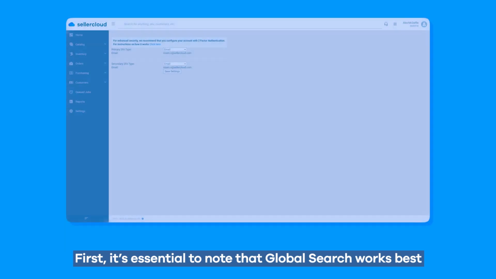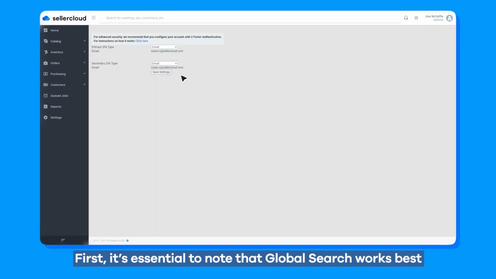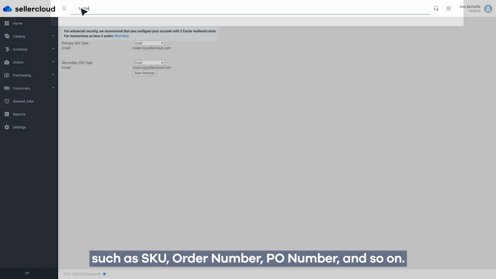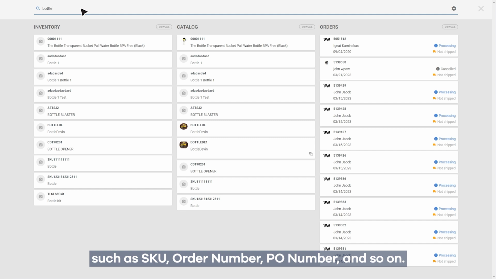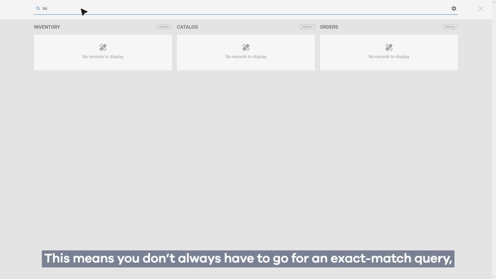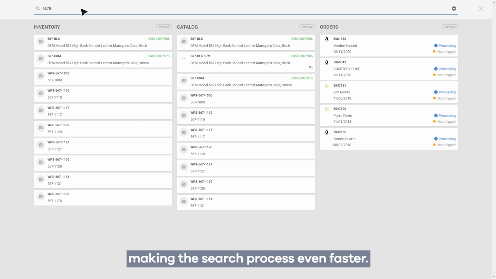So, let's get started. First, it's essential to note that global search works best when you have specific information to search for, such as SKU, order number, purchase order number, and so on. But even if you don't have that information, the search will still bring up partial match results in real time as you type. This means you don't always have to go for an exact match query, making the search process